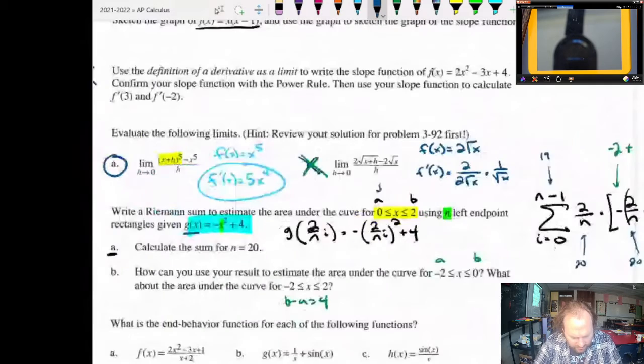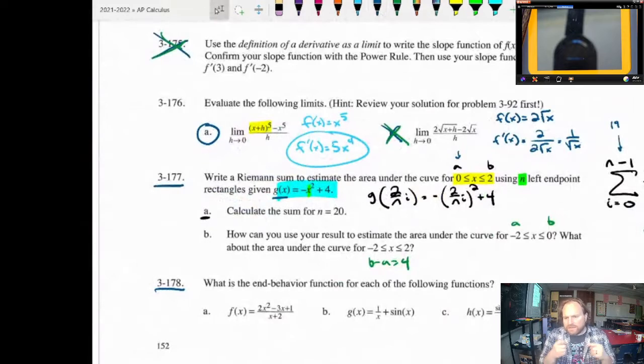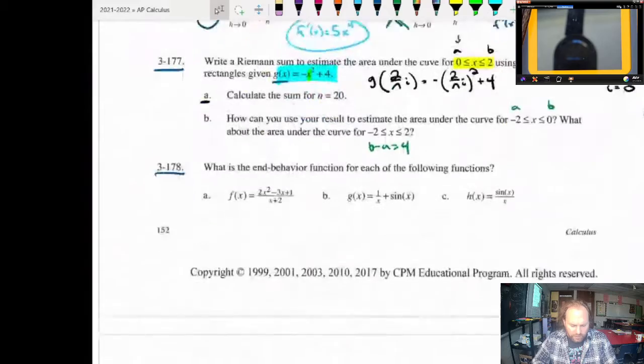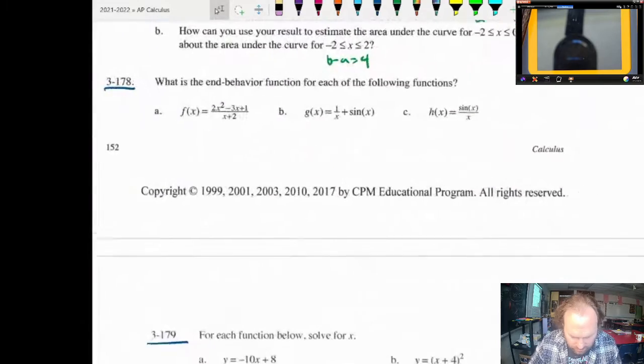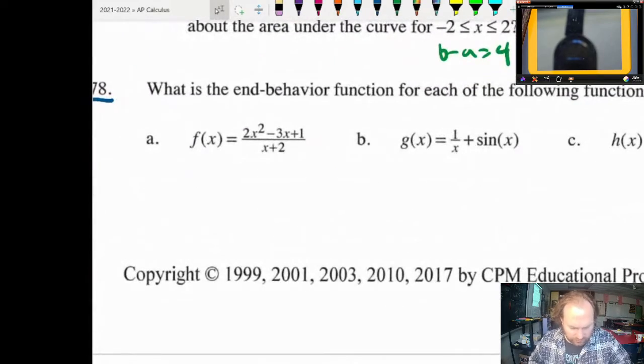Okay, we had done 3-177 as a different video, which I'm going to upload separately, so I'm going to skip that problem for now. Let's talk about 3-178. Let's talk about end behavior of these functions. We're probably allowed to use a graphing calculator for these, but,